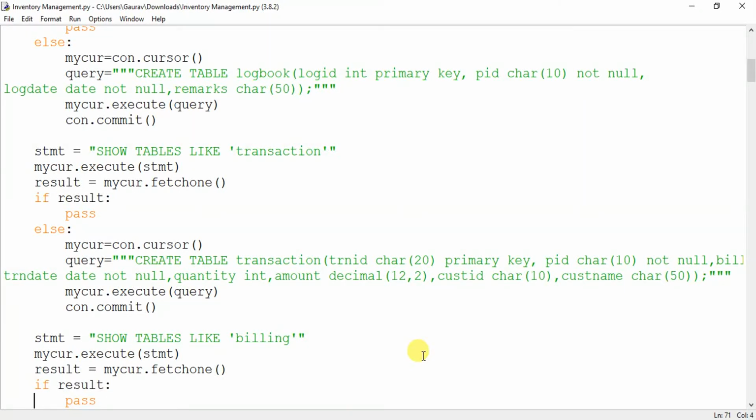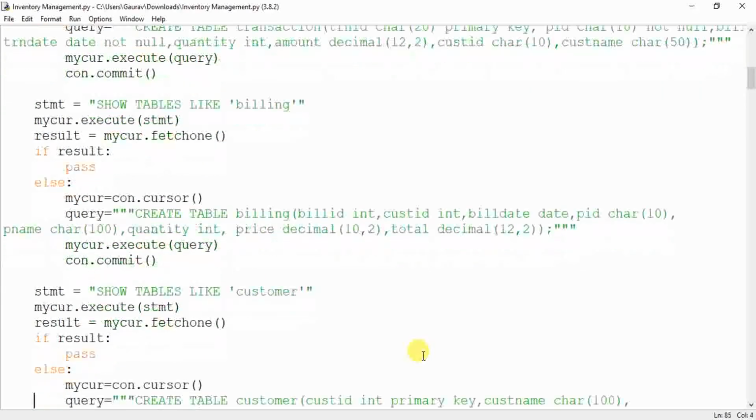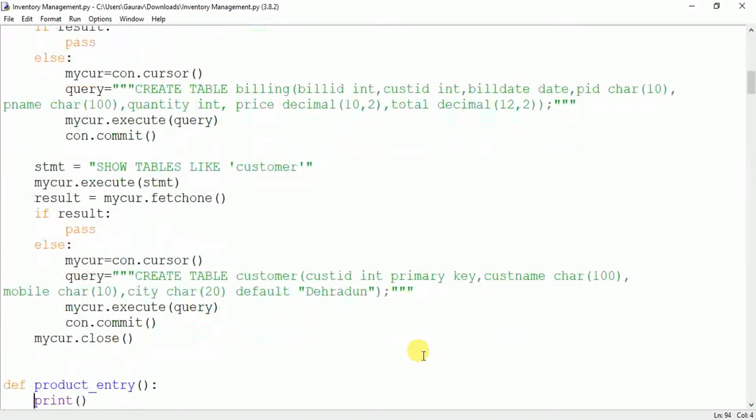Okay, so you should go through this, and you should adopt this approach in every project that you make. This is very good, because whenever you port your software to some other system, you do not have to make those databases and tables on your own. Your system, that means your project, will make it for you. Okay, so this is the database function.